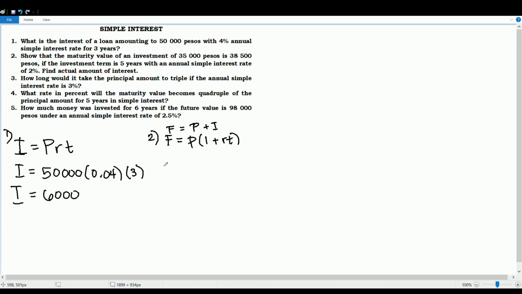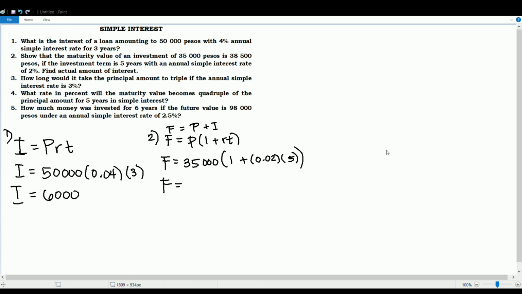Now in this case, we have F is equal to our principal amount, 35,000 pesos, to be multiplied by 1 plus our rate, which is 2%, that is also known as 0.02, times 5 years. So let's check if our future value will become 38,500. So we have here 35,000 to be multiplied by,